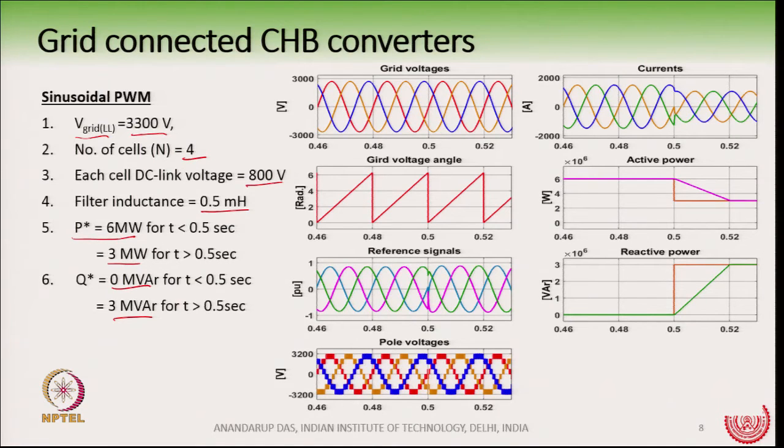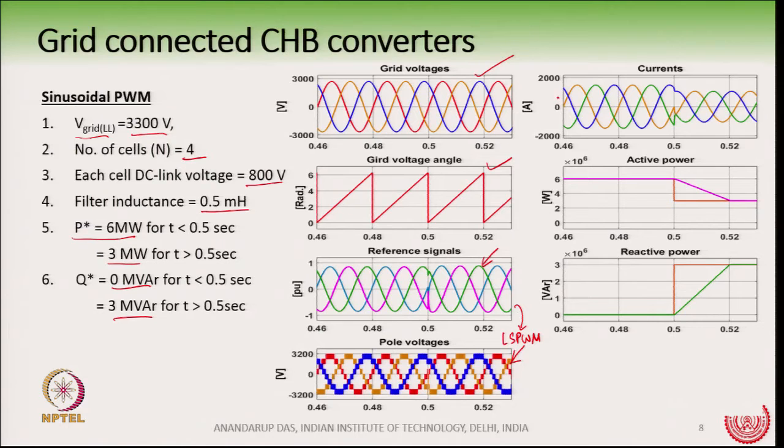You can see here that this is the grid voltage and this is the theta angle, which is very similar to what we just discussed. The reference signals, of course, we are using sine PWM here, so the reference signals are all sine waves, and because of the level shift PWM, from this we give the LS PWM, and the output of the cascaded H-bridge converter looks like this stepped waveform, as we have also discussed in the lectures.